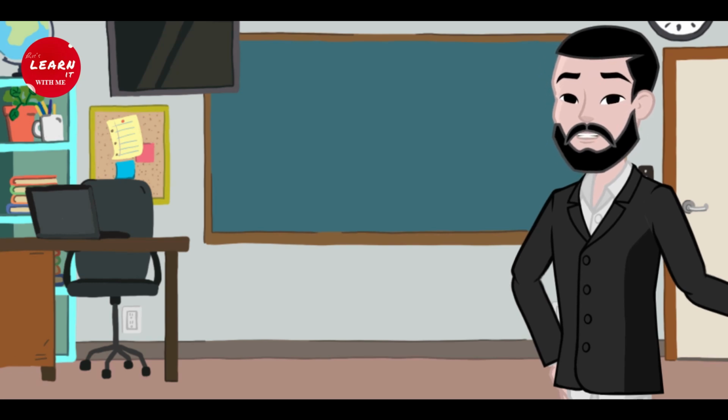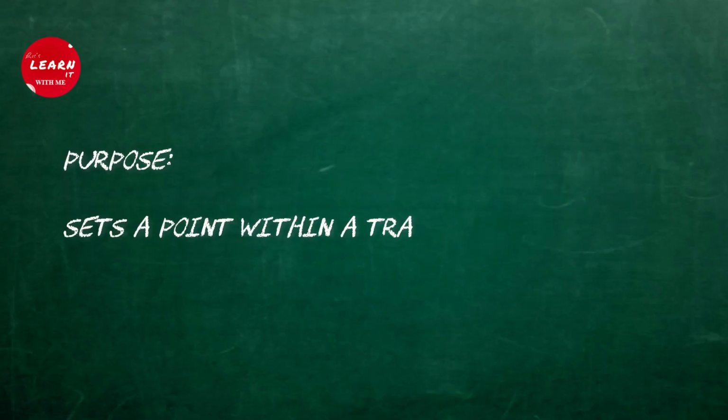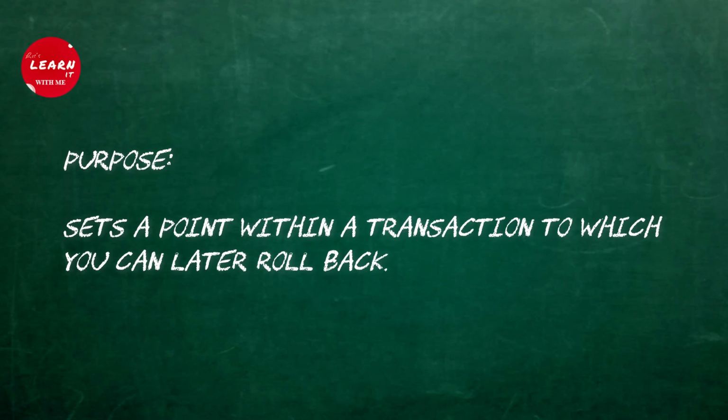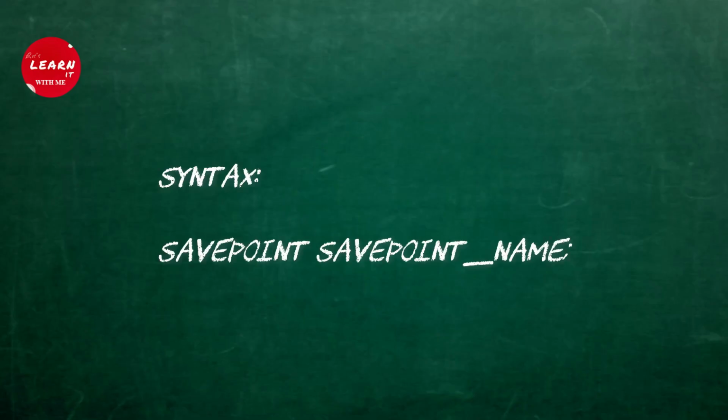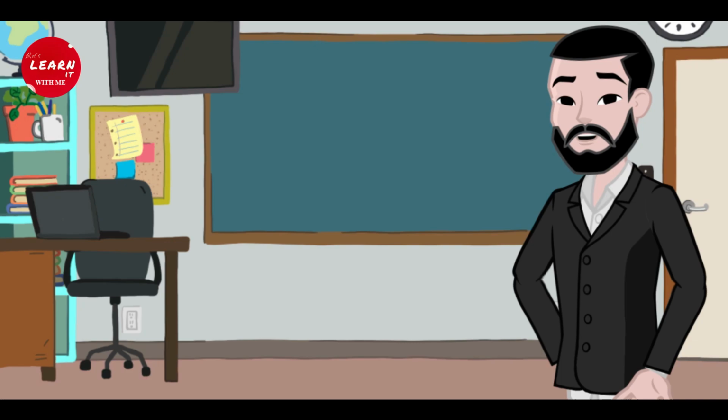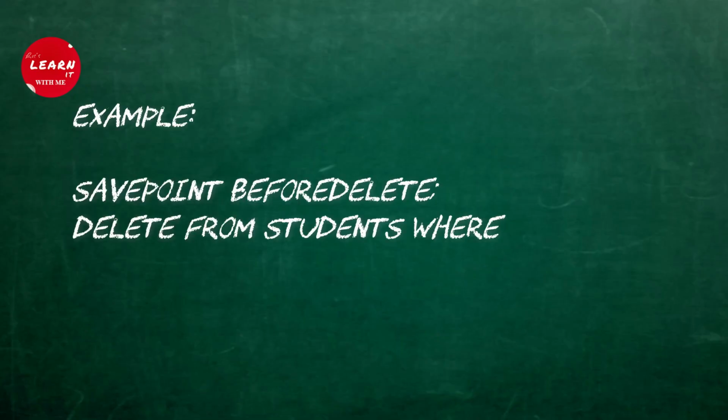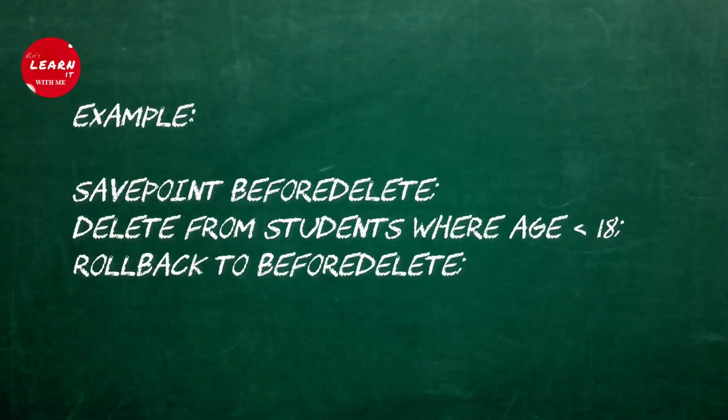Now let's talk about SAVEPOINT. SAVEPOINT allows you to create a temporary checkpoint within a transaction. This enables you to partially roll back the transaction to a specific point without undoing all the changes. The syntax is as follows. Let me take you through an example. In this case, SAVEPOINT creates a checkpoint named before_delete. The DELETE statement removes students younger than 18. Finally, ROLLBACK TO before_delete reverts the transaction back to the state it was in before the delete statement, effectively